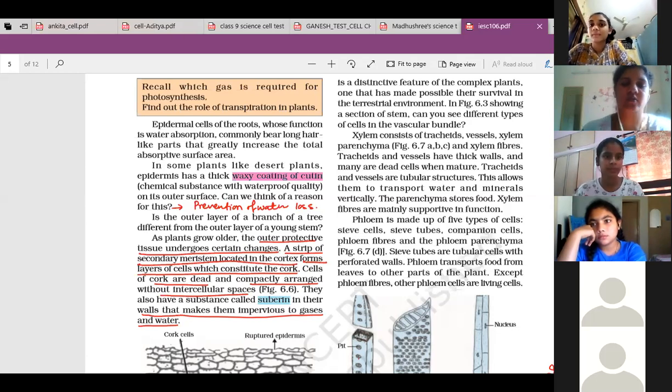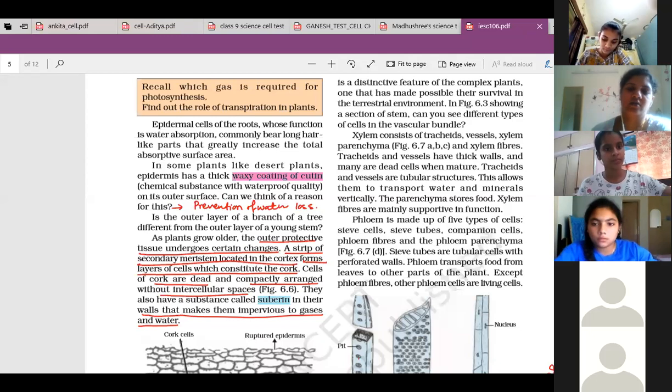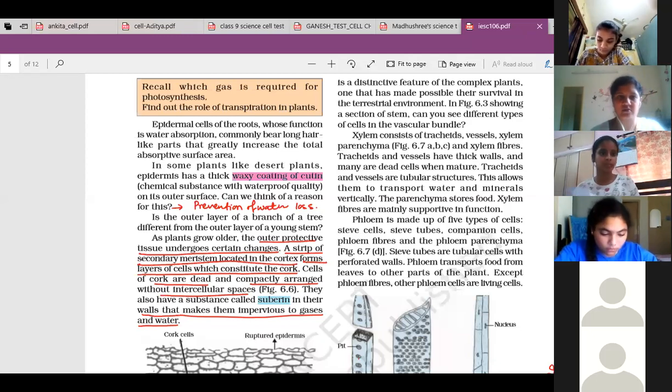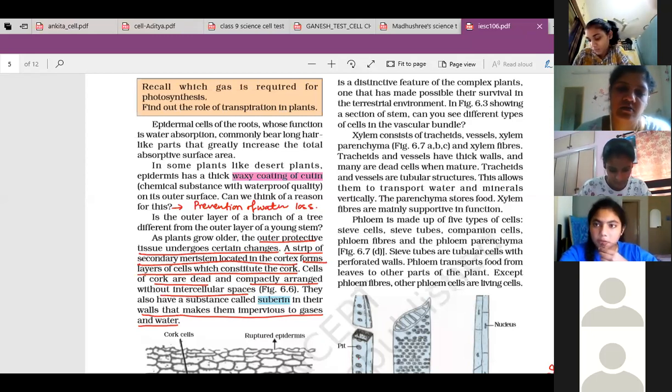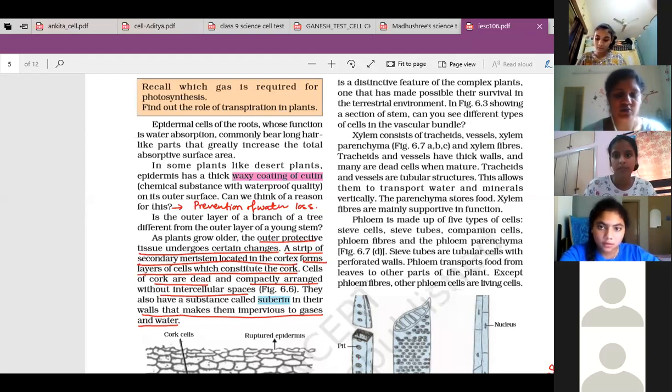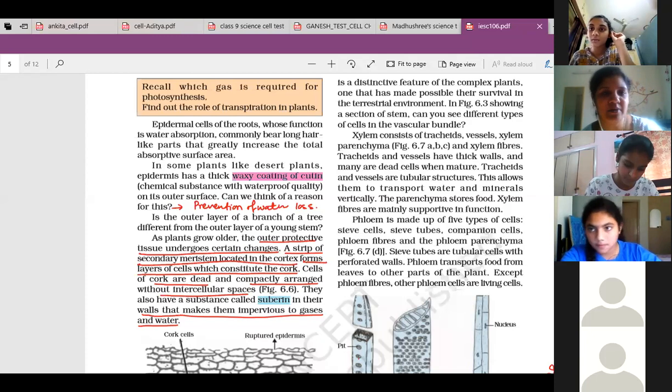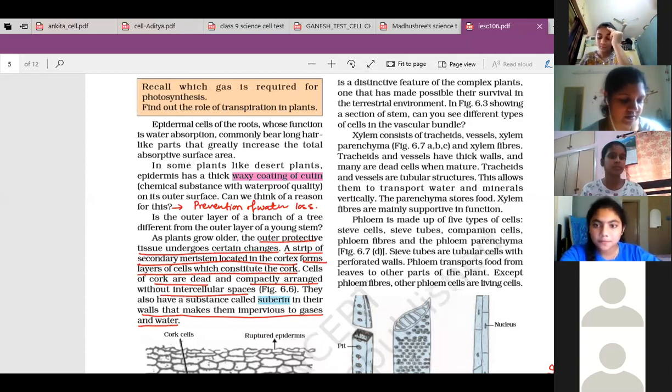Is it clear? Now, what is the difference between these two? Point by point, we need to know the difference between the two. So first, you have to write the function. Function of xylem? Transporting water from roots to other parts of the plant. Yes, transportation of water to leaves. Directly it will go to leaves. And not only water, water and minerals. Water and minerals are taken up from the soil and transported.